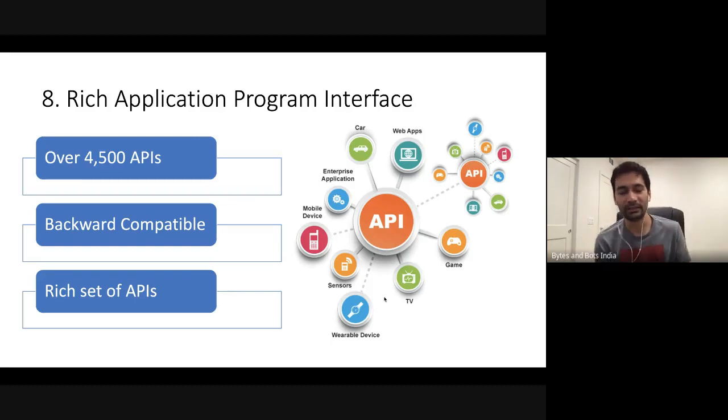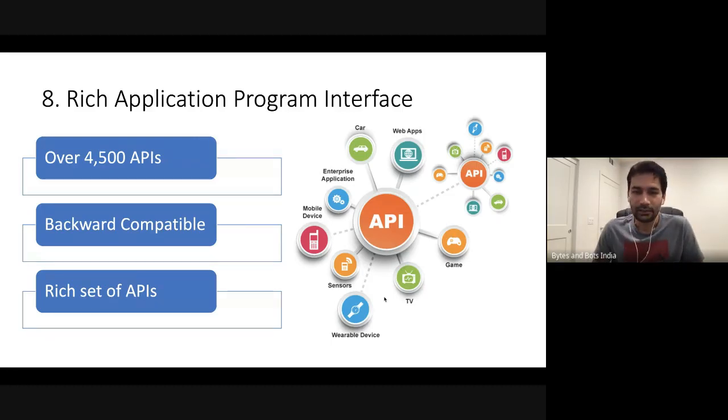It'll not be a pleasant experience that every time you update a software, your program has to change. So backward compatible means you can keep updating, but even the older applications will continue to run the way they used to run. And Java has excellent support for backward compatibility. So you write a program in Java today, and it will still work 10 years from now.